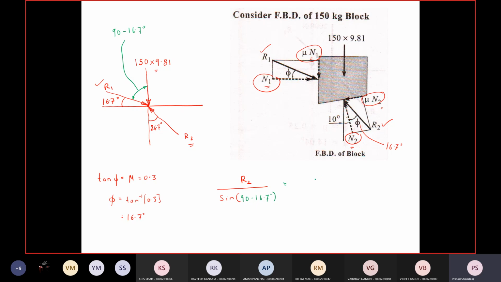is equal to 150 into 9.81 divided by sine of the angle which is opposite to this 150 into 9.81 force. That will be this total angle, this complete angle, and that angle will be 90 plus 16.7 plus 26.7. So this whole angle. So this will be sine of 90 plus 16.7